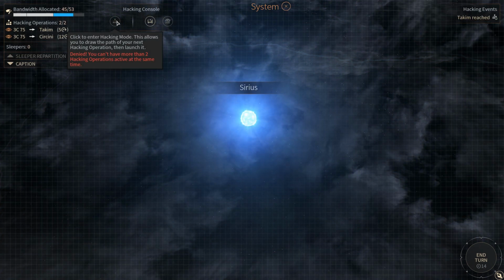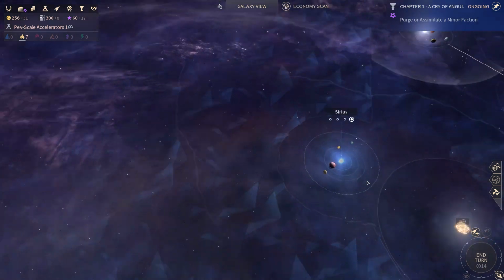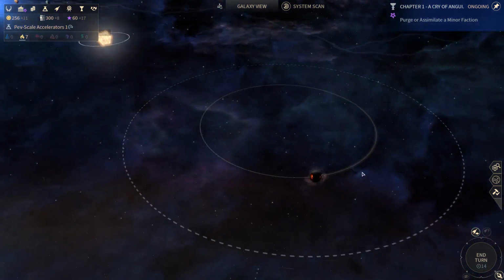Okay, so we have to send a hacking operation to it. Is that how it works? Yeah, I'd have to hack this system to create a sanctuary. Okay, that's very interesting. We've also discovered